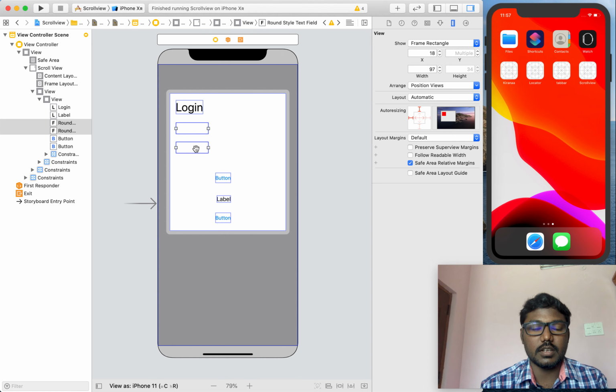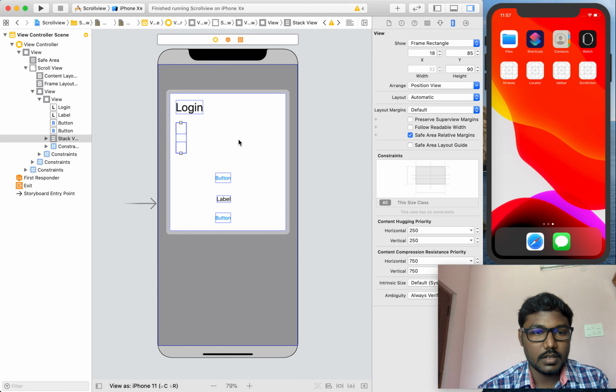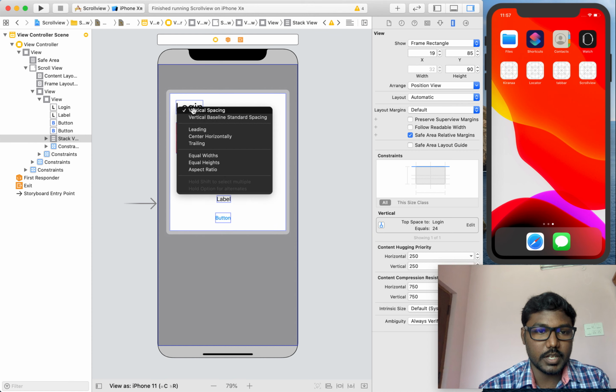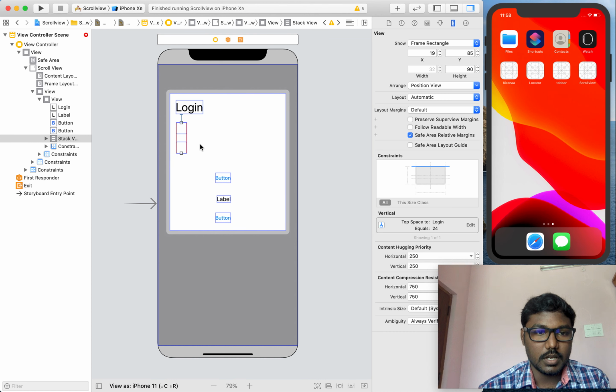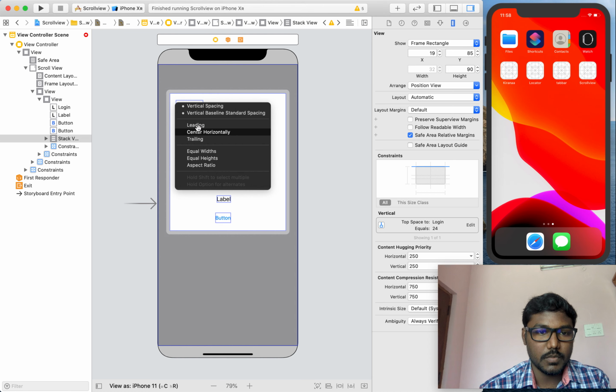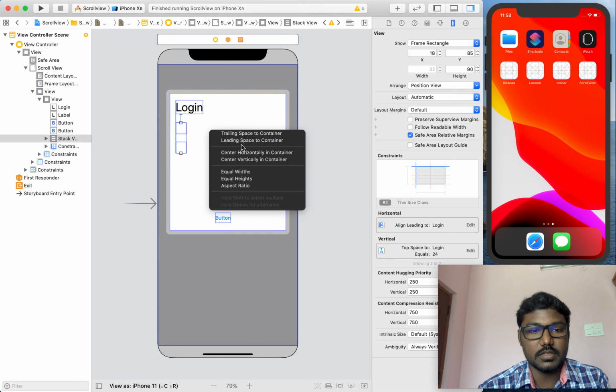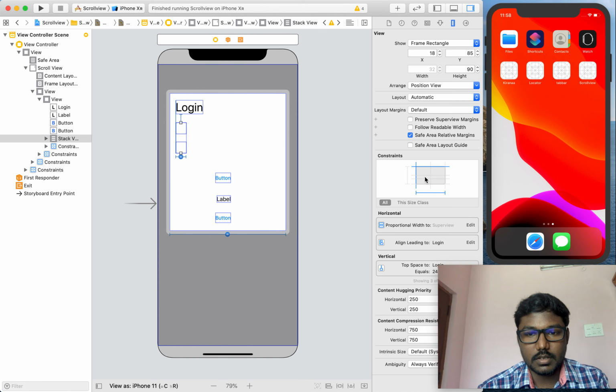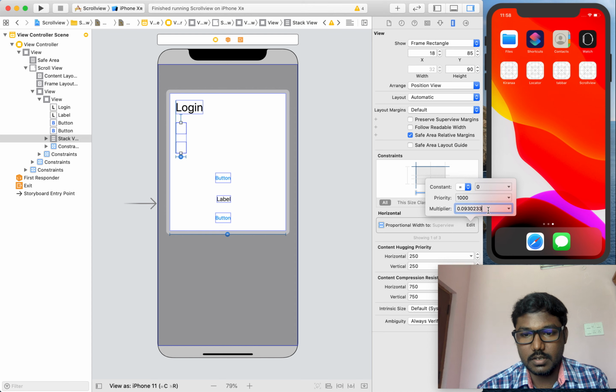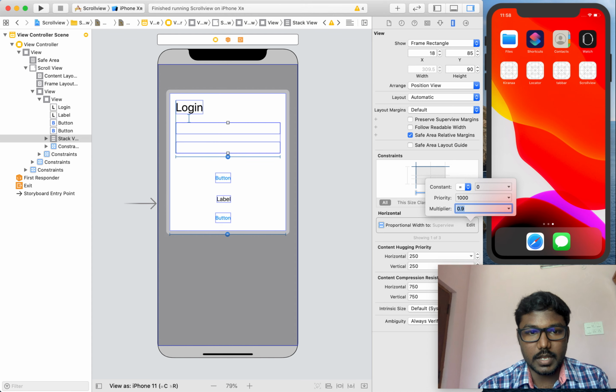If you need to set the constraints for two text fields, you can do it, or else you can embed them in a stack view and set the constraints for the stack view, like the vertical space as well as leading, the same as the label, and setting the width as equal width, and we change our width as 0.9.